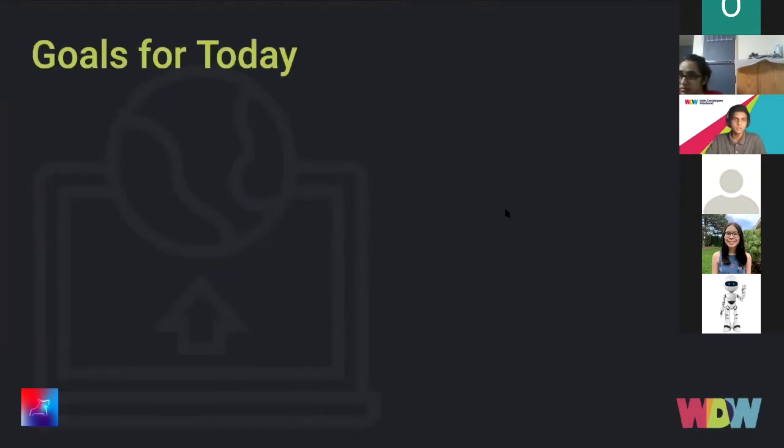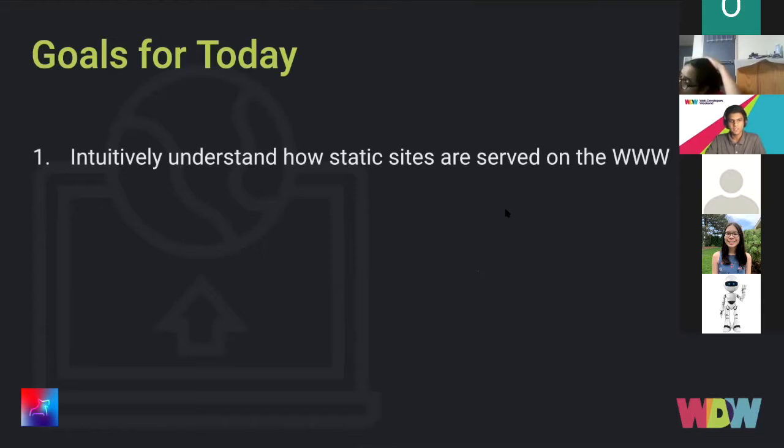So in terms of the goals for today, the first thing I want to do is create an intuitive understanding of how static sites are served on the web. And the important thing is we're going to be focusing on static sites, not dynamic sites. So if you attended the React or Node talks, I'll be mentioning in passing some options if you want to host